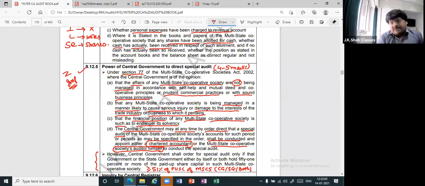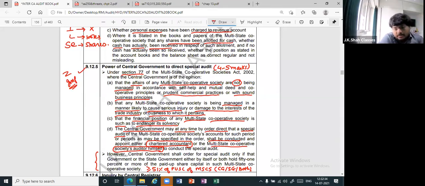Just like, I don't know how many of you remember, when I started with this chapter, there was the audit of a government company. If you remember, the auditor of a government company was appointed by the CAG of India. Correct? Now, say I'm the statutory auditor. I have to submit the report to the CAG. Then CAG can conduct a supplementary audit, no? Either himself or an authorized person. Here also, the statutory auditor can conduct the special audit or any authorized person. But that authorized person has to be a chartered accountant. And who will authorize? Central government.